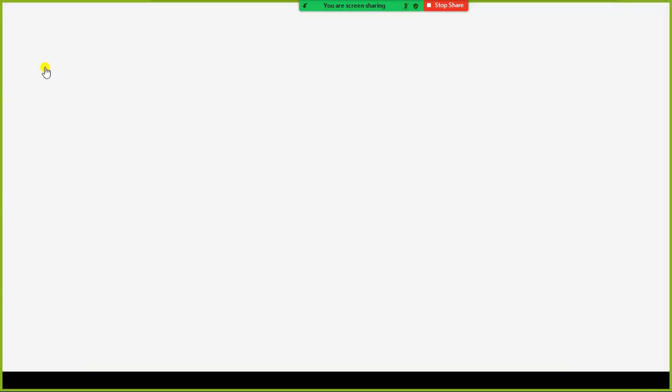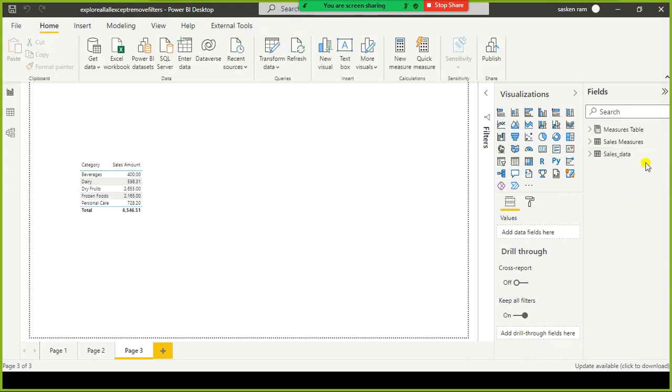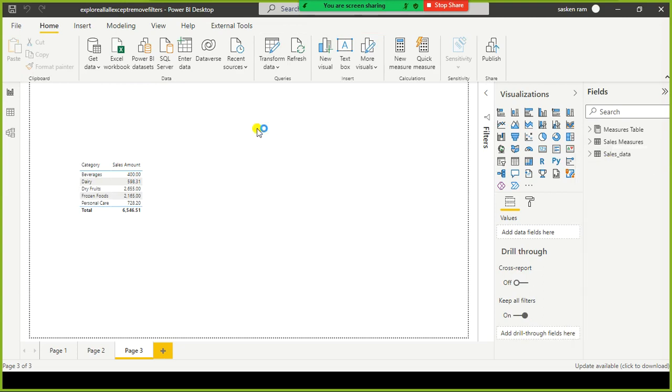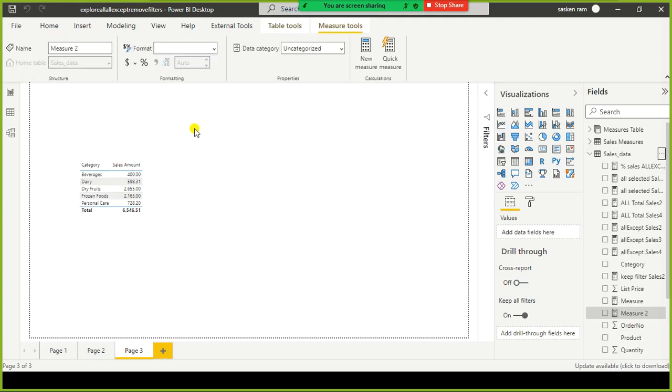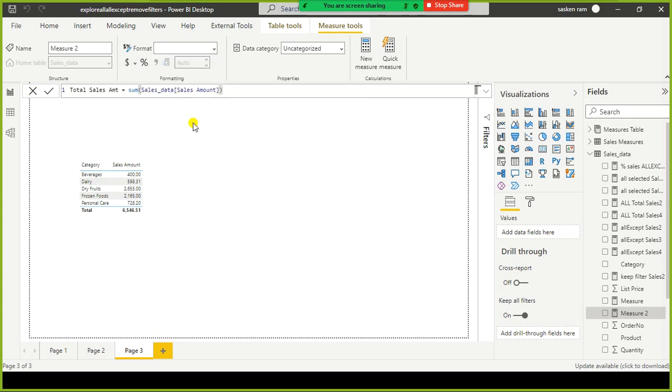Next I am going to create a simple measure. Total sales amount, sum of sales amount from this column.